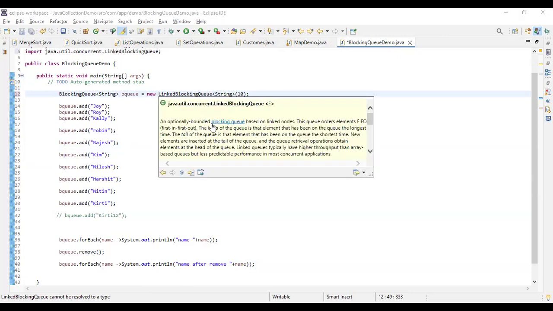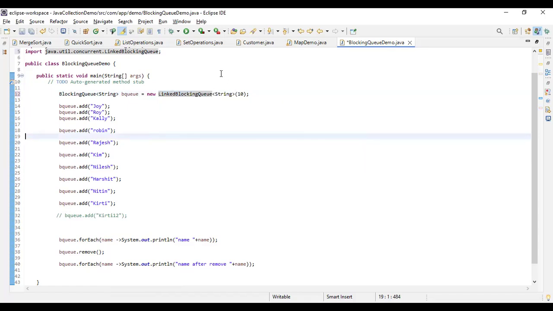An optionally bounded blocking queue based on linked nodes. This queue orders elements first in, first out, right? The head of the queue is that element that has been on the queue the longest time, correct? Like this, you can read it in the same way. ArrayBlockingQueue also you can read and learn, right? So many such places you can use it. One class will keep on adding, another class will keep on populating. Like this, you can maintain that producer consumer pattern and you can specify what capacity you wanted to maintain, right? So this way you can learn this entire concept of blocking queue and the concurrent